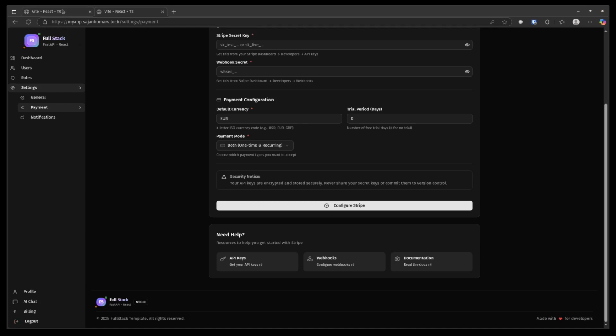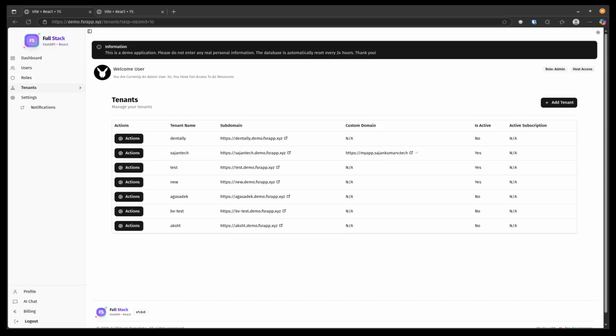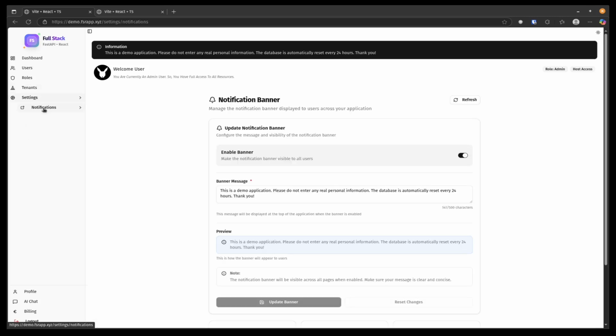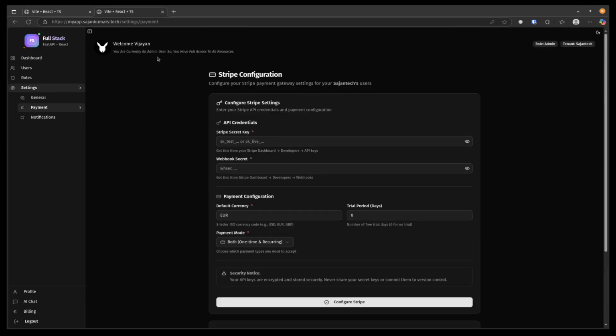Now let's talk about the notification banner. The notification banner feature can work for the host, and also for the tenant. In the host, they can post maintenance messages or general announcements. You can go under the settings, notifications section, and then you can easily enable a notification and provide some information here, and then click update banner. That's what happens here. You can see it's enabled currently for all the tenants login. They will see this, and for the tenant, you can see